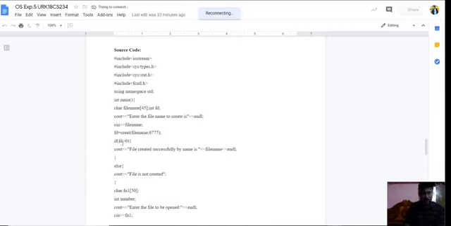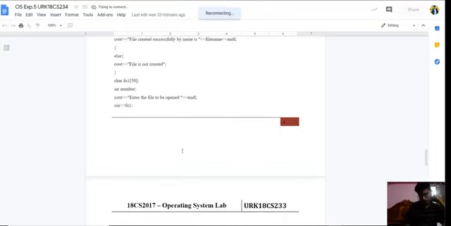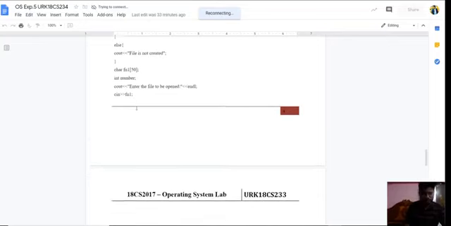See, if fd is greater than 0, the file is created successfully. Otherwise the file is not created. Again, after creating the file, we need to open the file. For that I have created an array fn1 with size 50, and I have declared one integer variable, number, and I am asking the user to enter the file to be opened. After creating the file, you ask the user which file to open. After that, I have stored it in fn1.